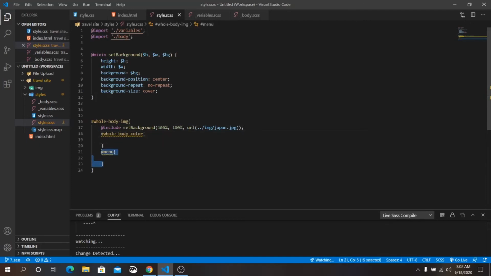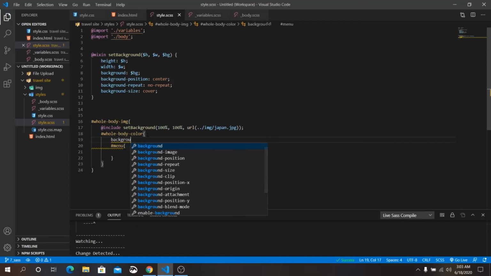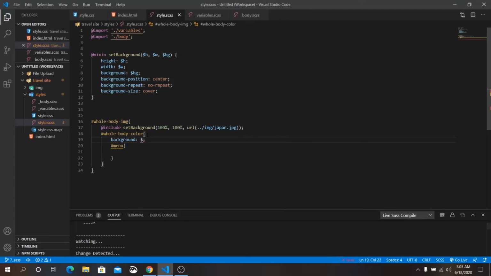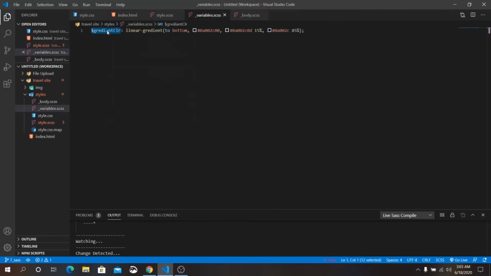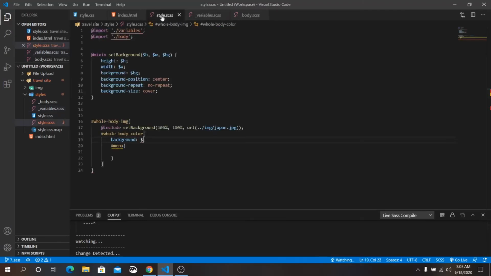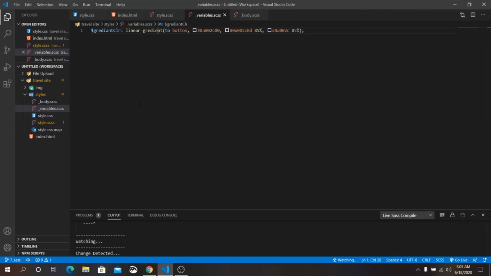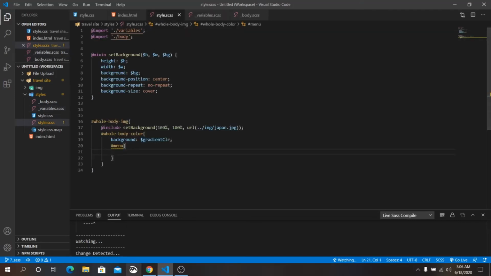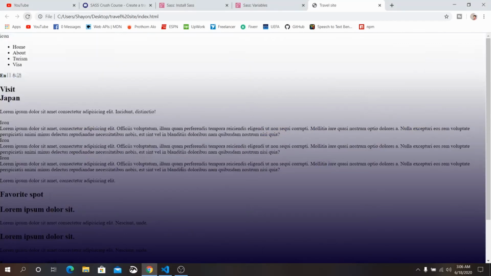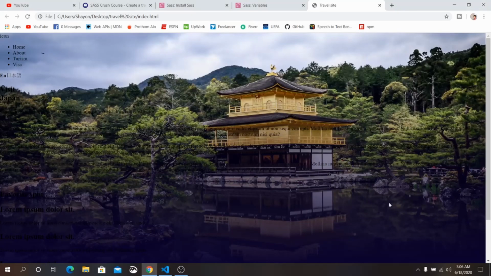Take it from here and paste it here, because this menu is inside our whole body color and we want to change whole body color to gradient color. Background, copy this variable and paste it here. Okay, here I made a mistake. This gradient spelling is wrong. I always miss it. Now when you reload the page, you can see this effect. This color is coming from bottom to top. Okay,